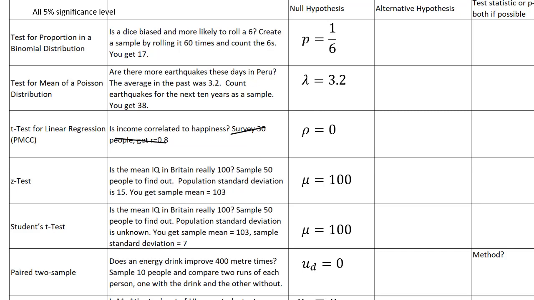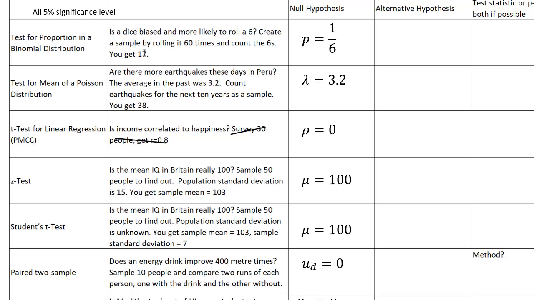And you've got to be good at spotting them. Notice that all have an equal sign. They're written in symbols. Every symbol is a Greek symbol because it's referring to a population. And the only exception to that is P for the test of proportion for a binomial. And it's not a Greek symbol because the Greek symbol for P is pi. And it would look pretty weird if it said pi equals a sixth. And so that P there is talking about the population